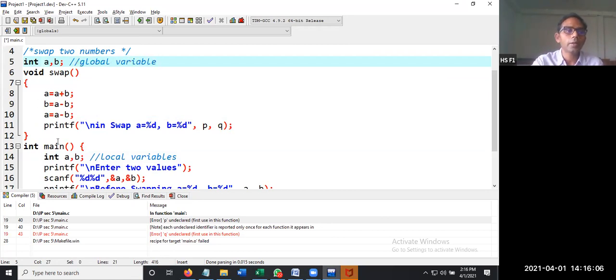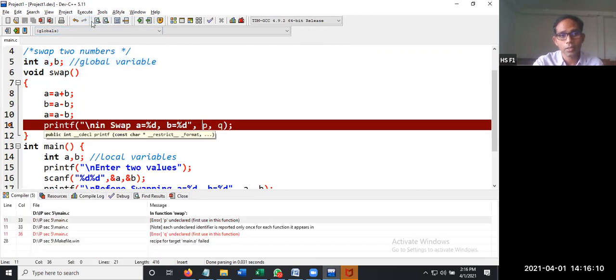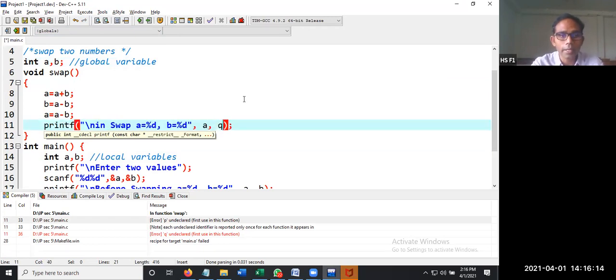Local variable and global variable. Let us compile and see whether we are getting any error. We need to write A and B because P and Q are unknown.